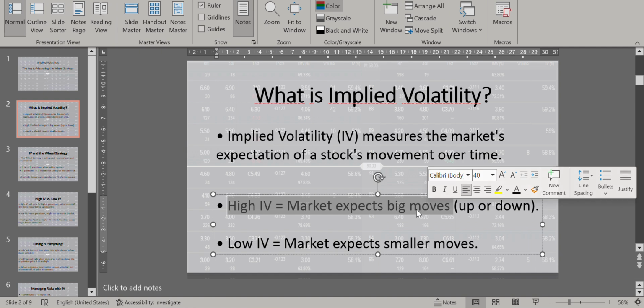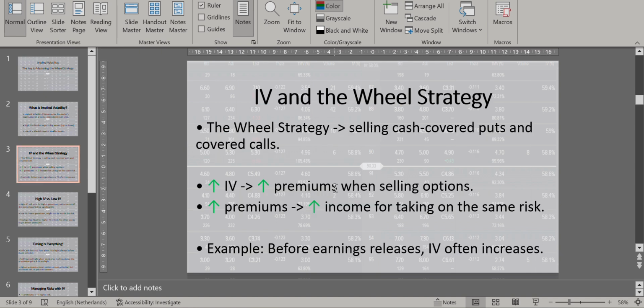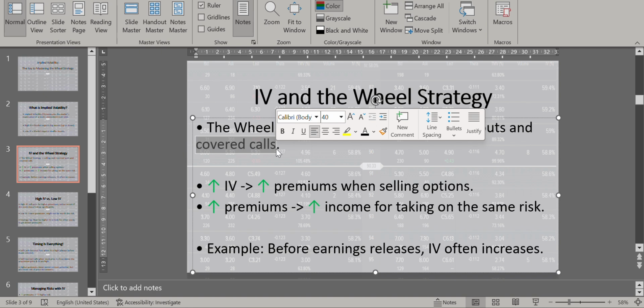But of course, as you can imagine, when implied volatility is high, what's going to happen is that you will also profit more. And why is that? Because the wheel strategy involves selling cash covered puts, and you sell them over and over again until you get assigned the stocks. You are forced to buy the stocks, and then when you have the stocks, you use them as collateral to sell covered calls. All right, and so